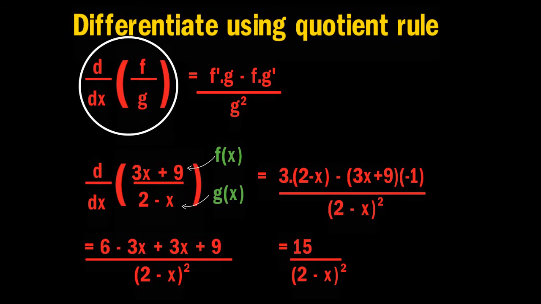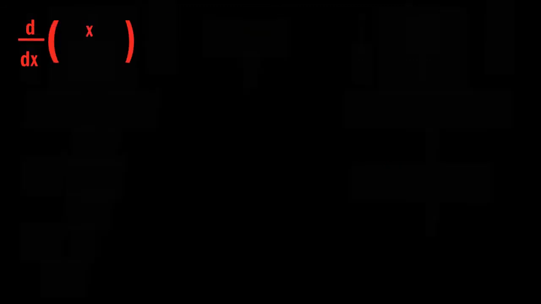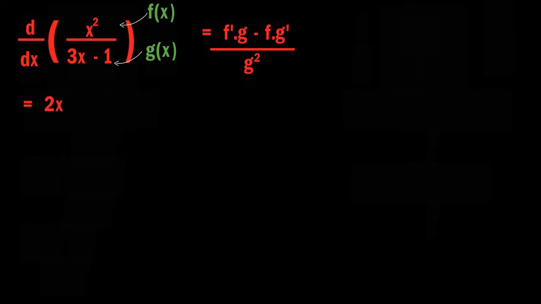Now we want to differentiate x squared over 3x minus 1. So we write down the formula for the quotient rule first. So derivative of function f multiplied with g minus derivative of function g multiplied with function f over g squared. So now our function f is x squared, so it's 2x multiplied with 3x minus 1, minus, you differentiate function g, you get 3, multiply function f, you get x squared, over g, function g is 3x minus 1, and